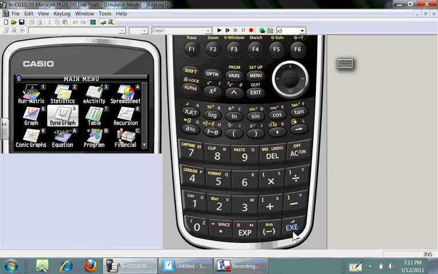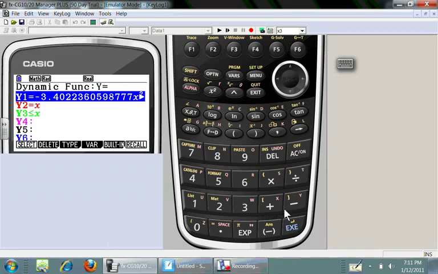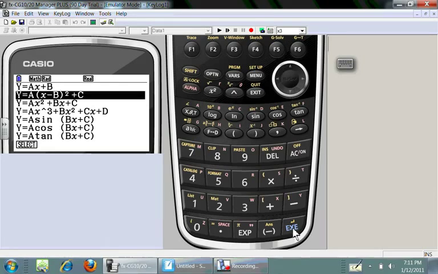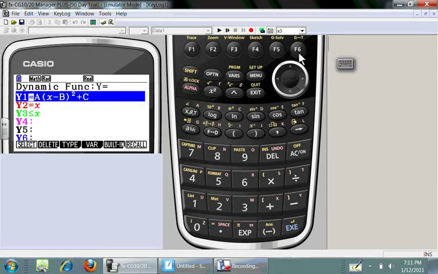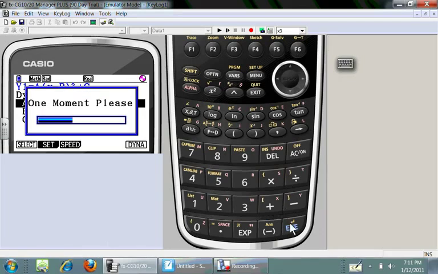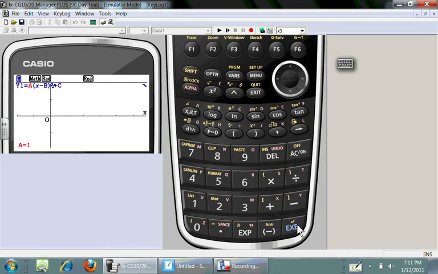Dynamic graphing allows me to change or modify the look of the graph. I'm going to change the one I've got in here right now to a built-in one. Another great thing is that we have some built-in functions for you. Just go ahead and see if we can graph that one. We'll set the parameters. I just like the parameters the way they are. So I'll just go ahead and hit dynamic. It's going to recalculate some values for me, and it's going to animate my picture in full color.